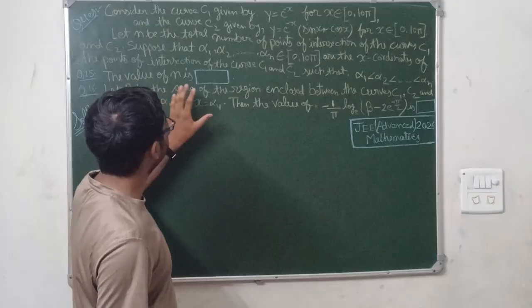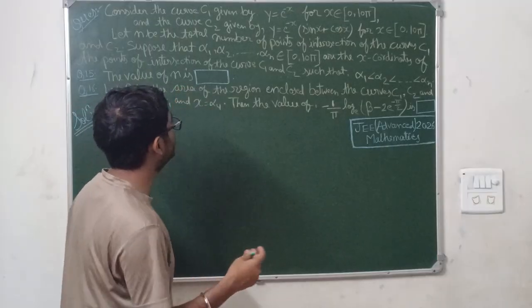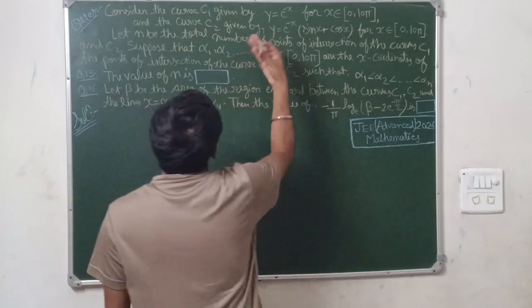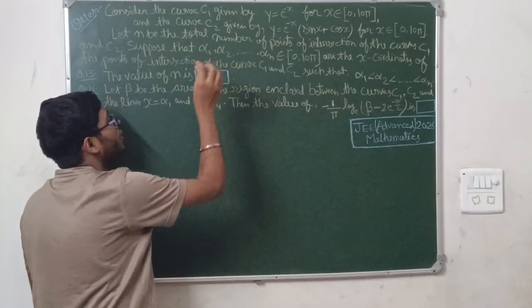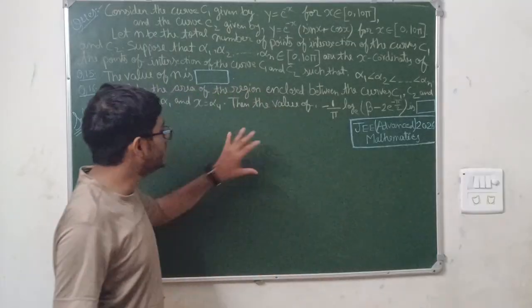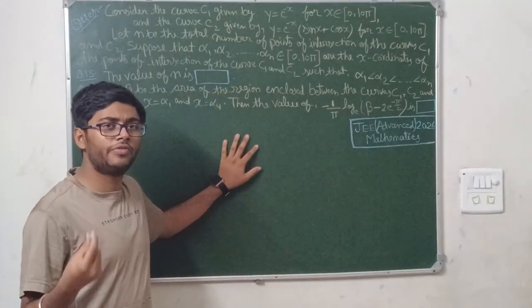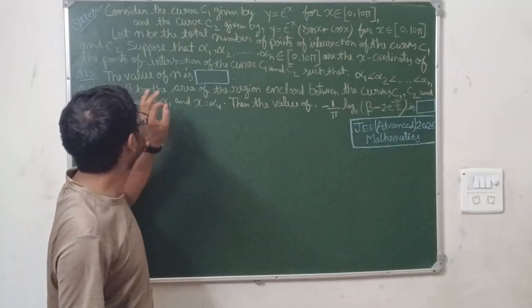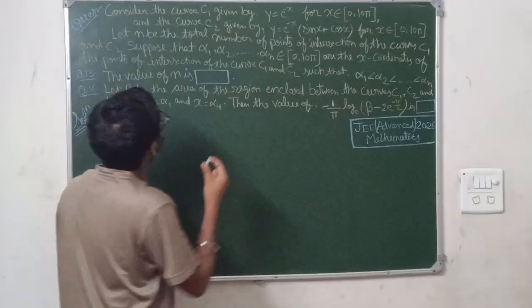Basically, this type of question is quite interesting, as it is an intersection of area under the curve and functions. We have to find the point of intersection between the two curves and find the area between them. This similar type of pattern has been repeated frequently in JEE Advanced. So we will be solving this question, and the question is saying: consider the curve C1 given by y is